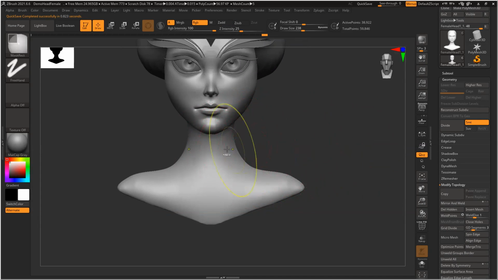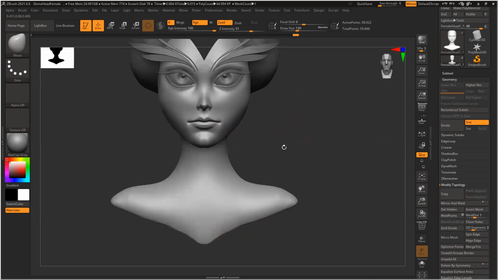So for this section also, I will create a selection and then extract it. Control lasso.